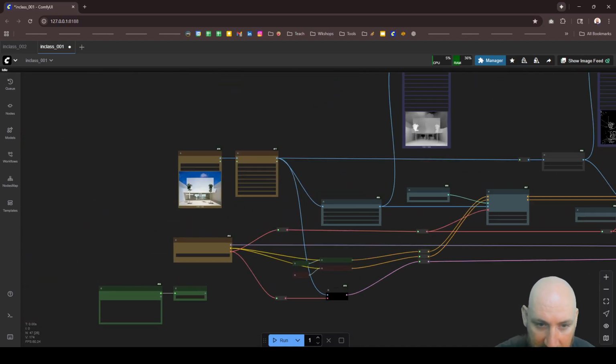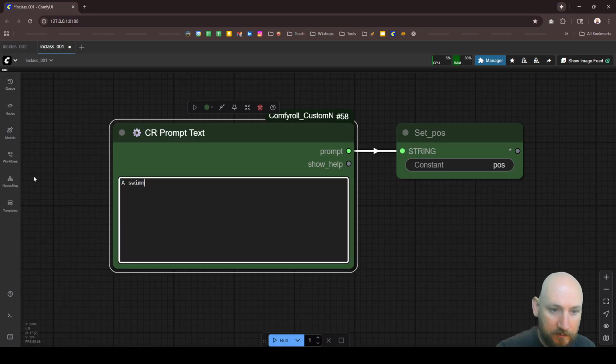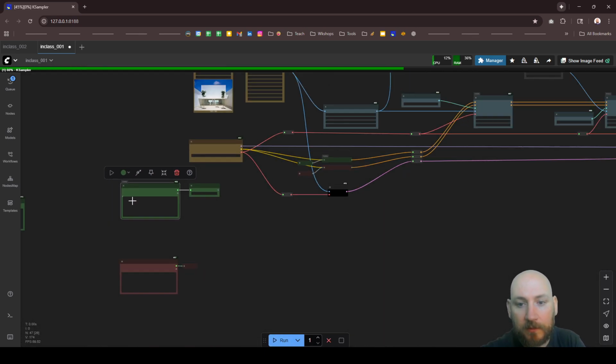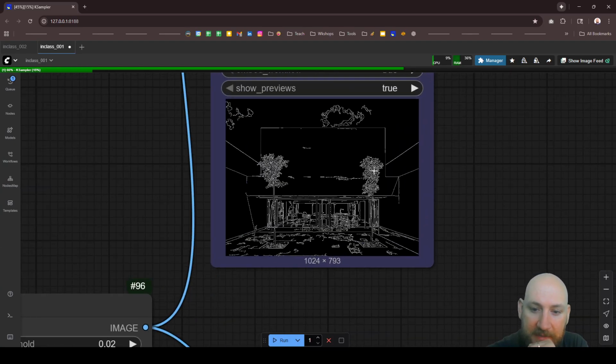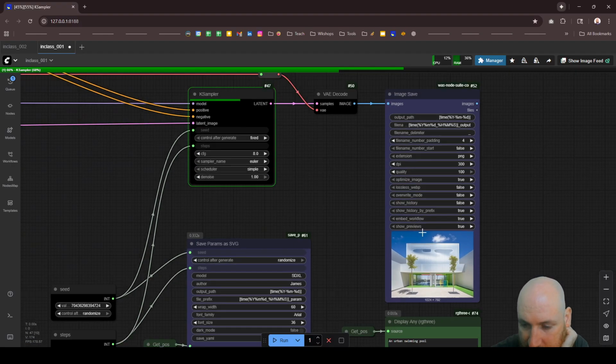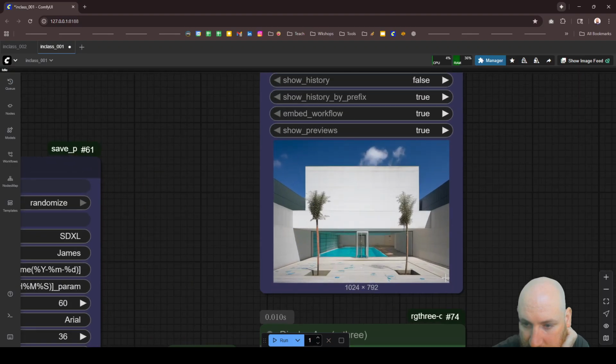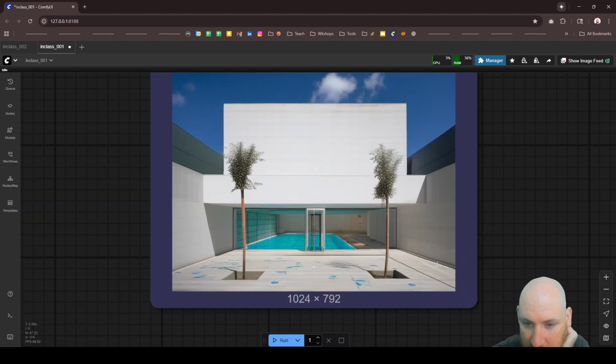And then let's say a swimming pool or something, right? Or an urban swimming pool. And it's only really going off this in order to make the swimming pool with these current settings. Okay, it actually comes out looking kind of like the original, but